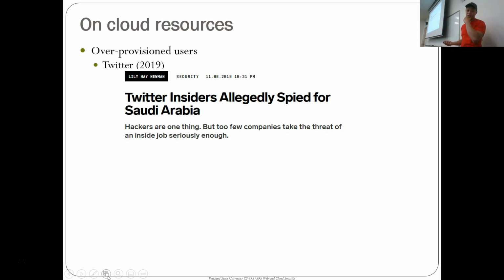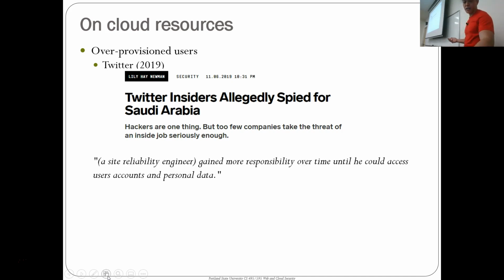And so Twitter had this problem where they had a site reliability engineer, and these are folks who just debug whenever things go down. Like figure out what the problem is, what resource went down, what machines need maintenance. So we had a site reliability engineer who ended up getting some responsibility accumulated over time and was able to eventually access user accounts and personal data.